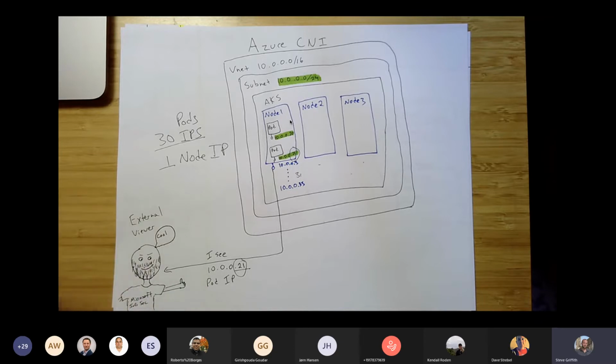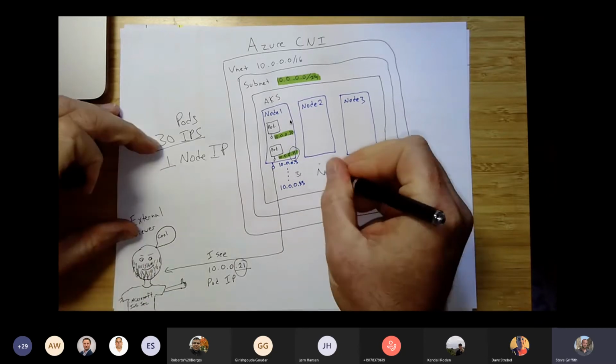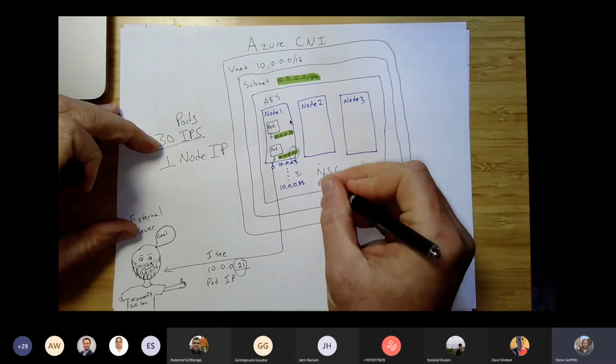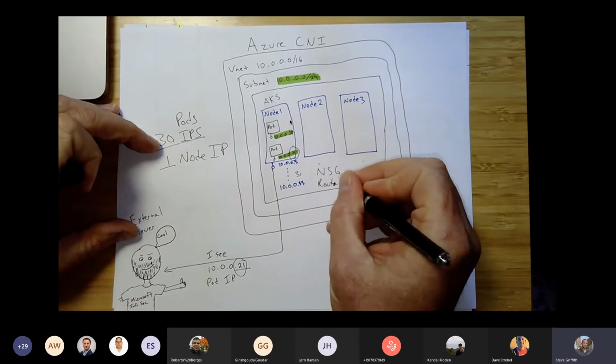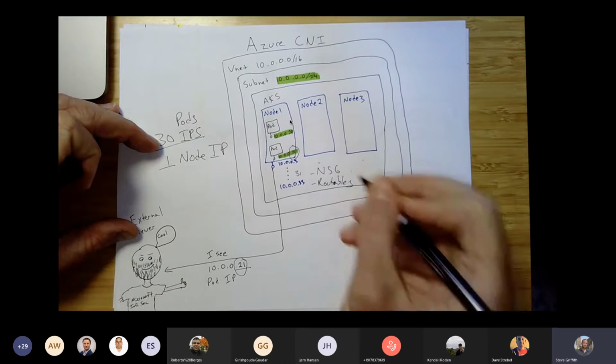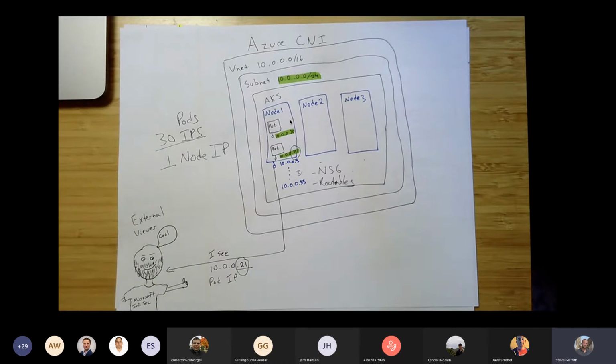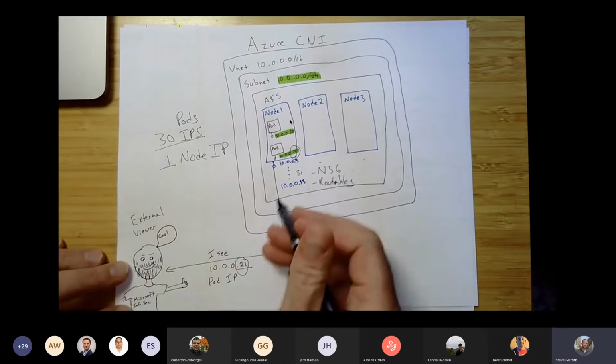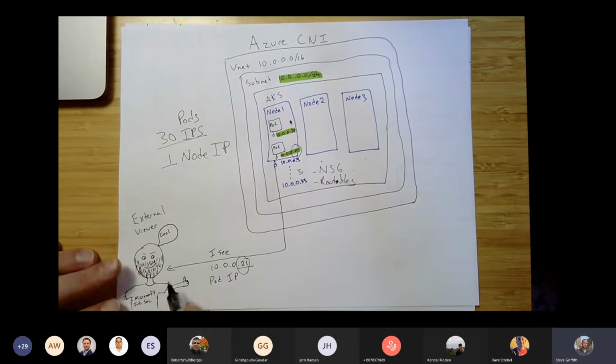So again, getting into, my pen just broke, getting into things like NSGs that I might apply here, route tables, all those different things you might apply here, you have much finer grained control over those. Visibility from external viewers. There's a bit of a caveat to that I'll get into in a little bit, but